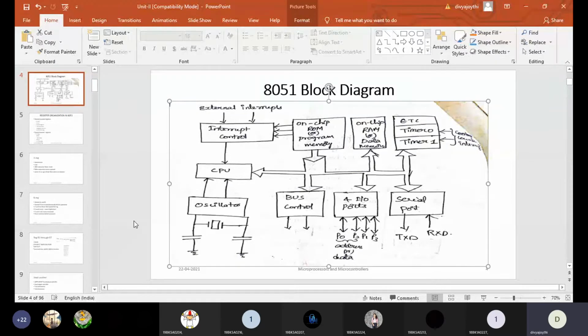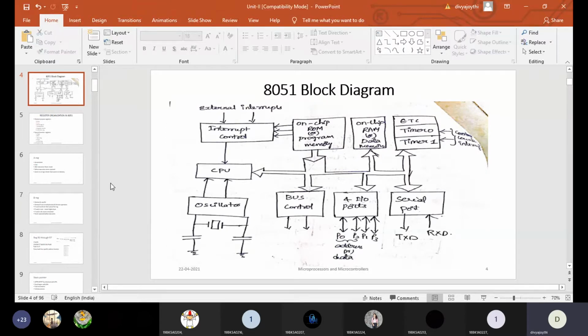So as of now, you can remember that the clock will give proper timing guidance to the processor or the controller. Whatever the frequency or the time period that the clock is generating, within that particular time period only, the processor has to execute all the instructions given by the end user. That much importance is there for the clock signal, and that clock signal is generated by the oscillator. This entire circuit along with these two capacitors, these two represent the capacitors, we can call an oscillator, which will generate a clock for the 8051 microcontroller.